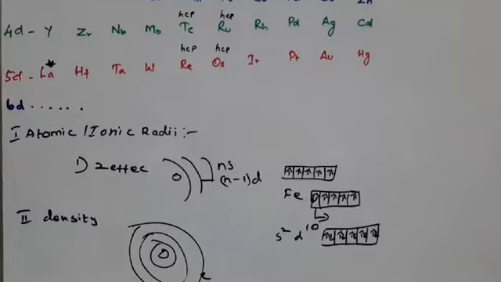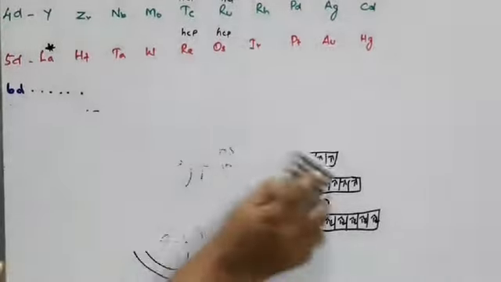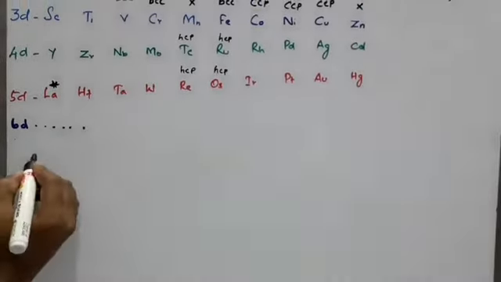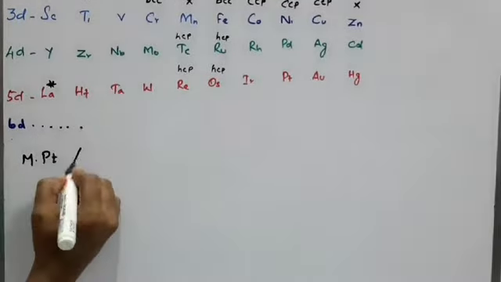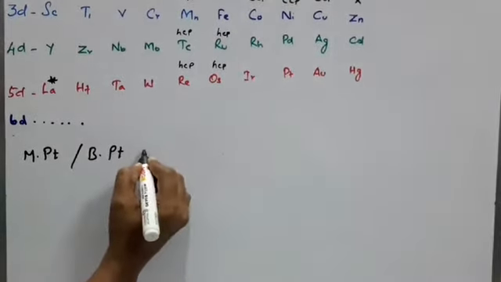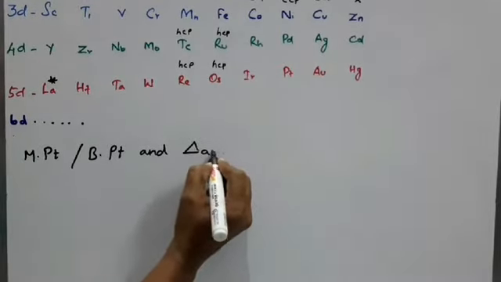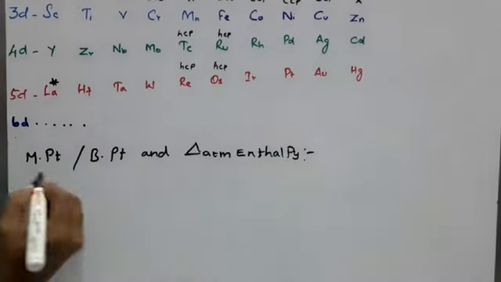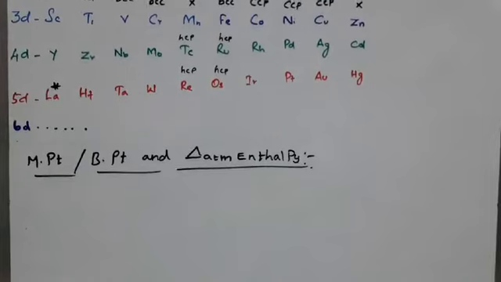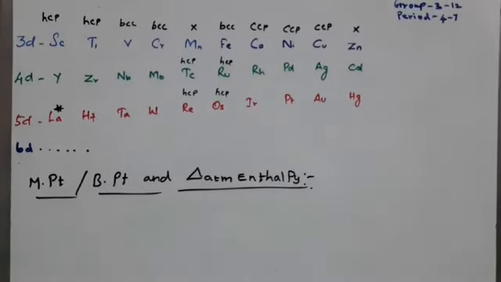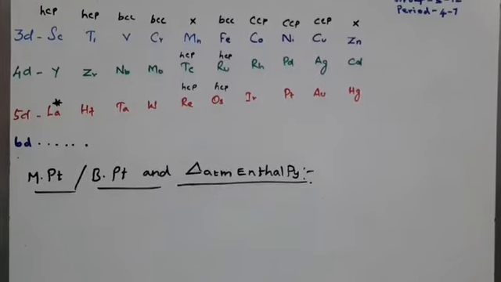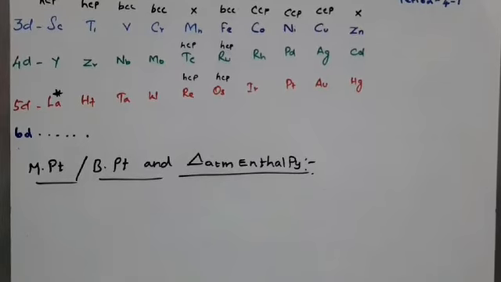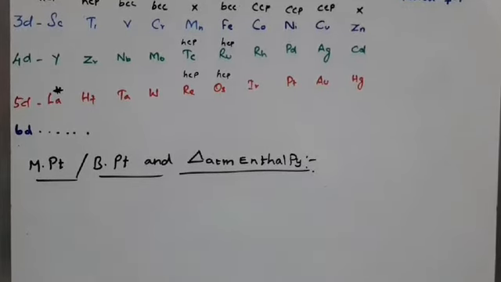After that, melting point and boiling point. Listen, so here melting point, boiling point and enthalpy of atomization, very very important, okay. Here, transition elements have very high melting points and boiling points and high enthalpy of atomization, okay. So here we can speak in terms of enthalpy of atomization, that is, before that I